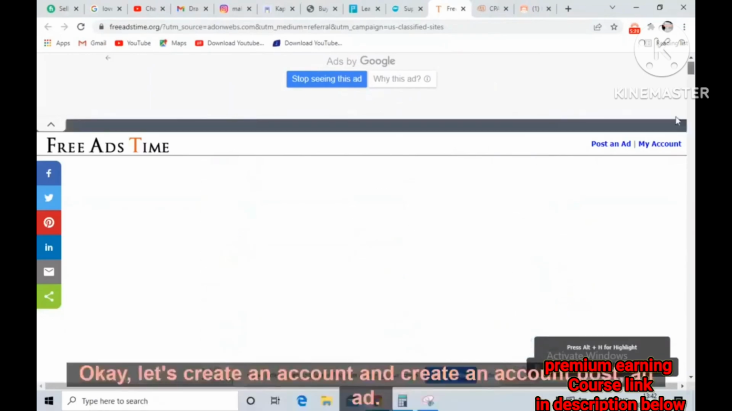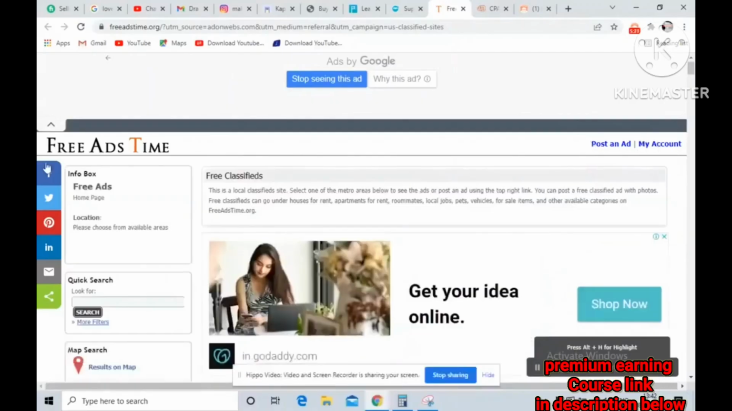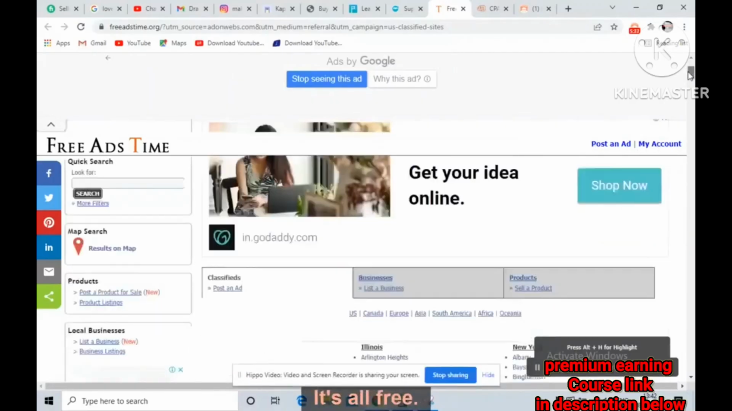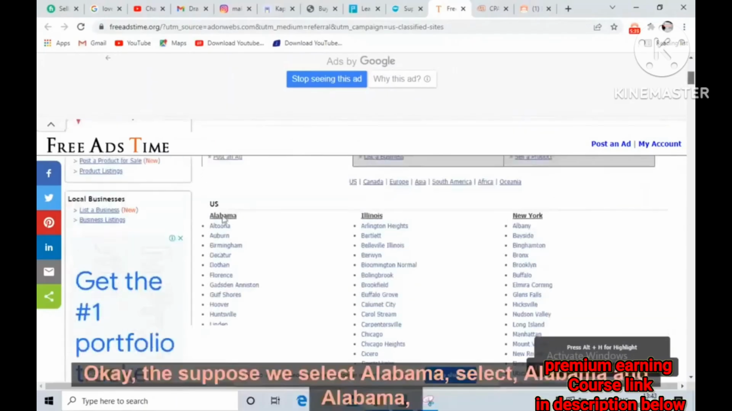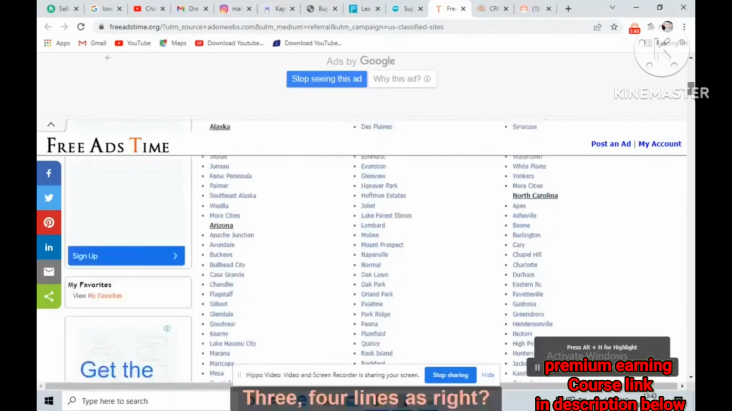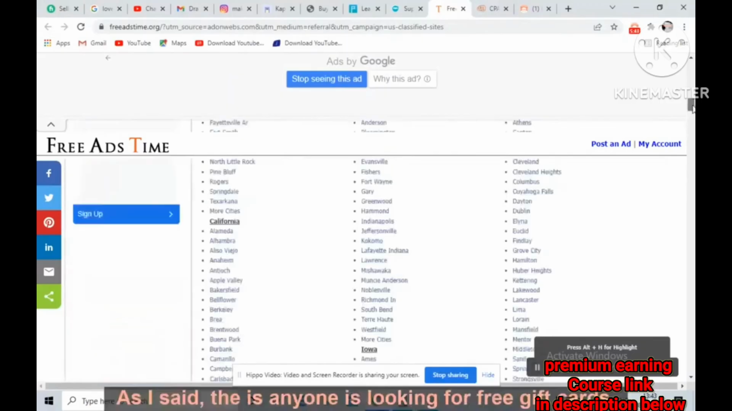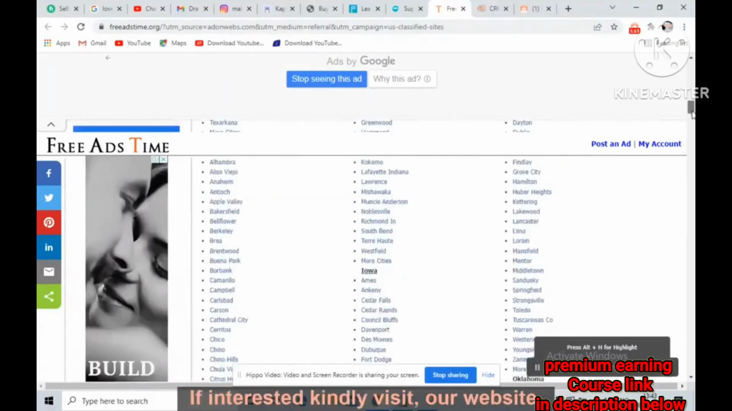Just create an account, post an ad. That's it. It's all free. You need to just write 3 4 lines. Just suppose we select Alabama, and in Alabama, select Birmingham. The next page will open. They will ask you for 3 4 lines. Just write 3 4 lines. As I said, see, if anyone is looking for free gift cards, if interested, kindly visit our